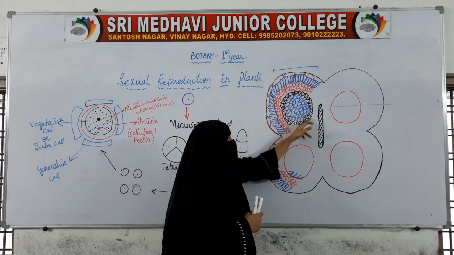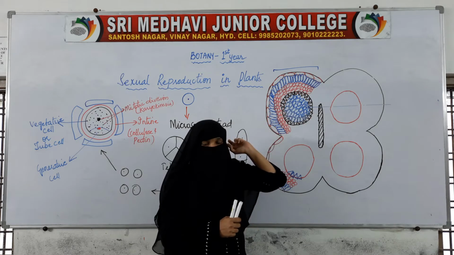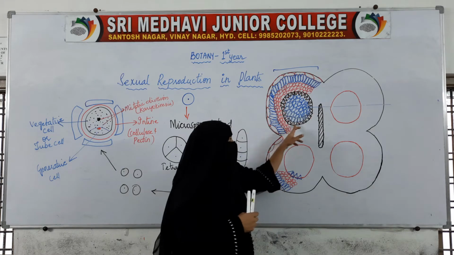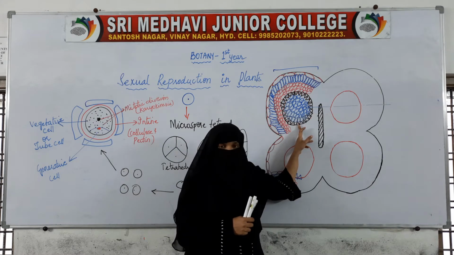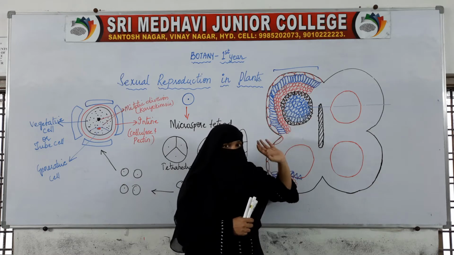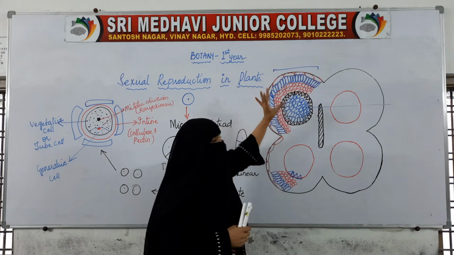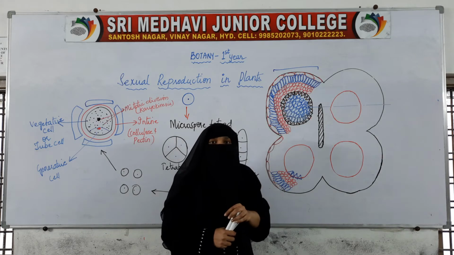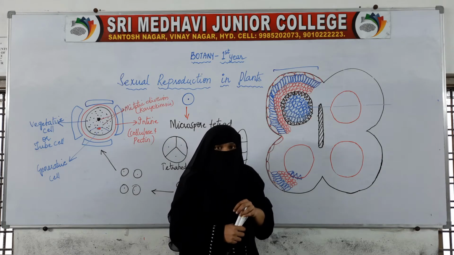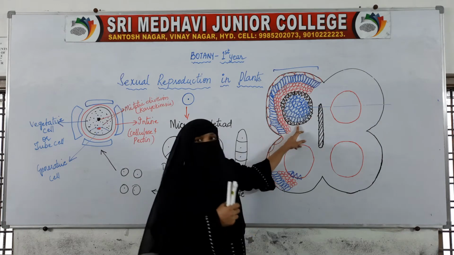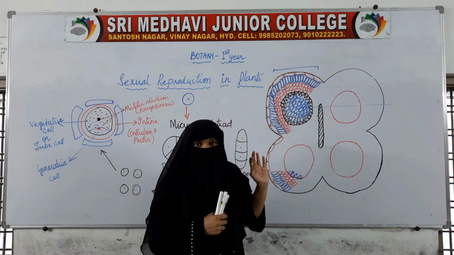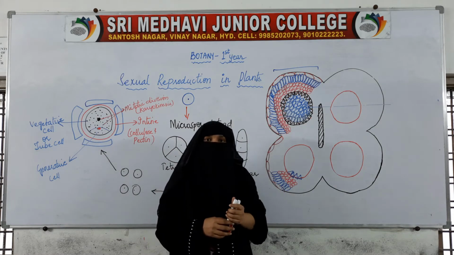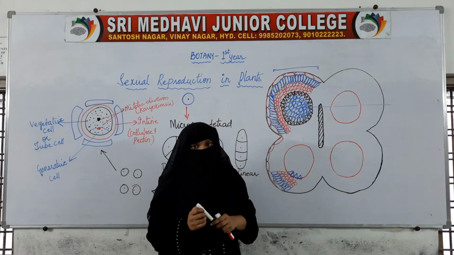Then we have the fourth layer, a single layer of pyramidal shaped cells, which is called the tapetum. The cells are called tapetal cells. The function of the other three layers is to help in the dehiscence of the anther, whereas the tapetum is a nutritive tissue. The tapetal cells are nutritive cells. They have thick cytoplasm and many nuclei. So tapetal cells are pyramidal, multinucleated, with dense cytoplasm.